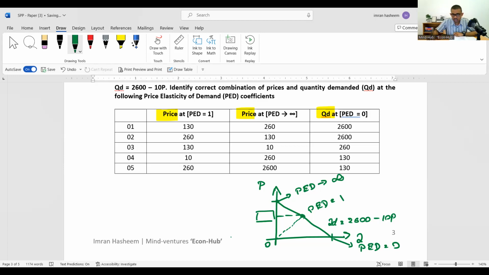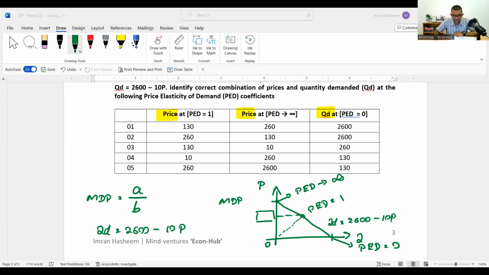Price at the midpoint. So my approach would be to find the maximum demand price, or the price at which the demand curve meets the price axis. How do I find that? This is the maximum demand price, the price at which QD becomes 0. How do you always find maximum demand price? Maximum demand price is A divided by B. In the equation, QD equals 2600 minus 10p, right?